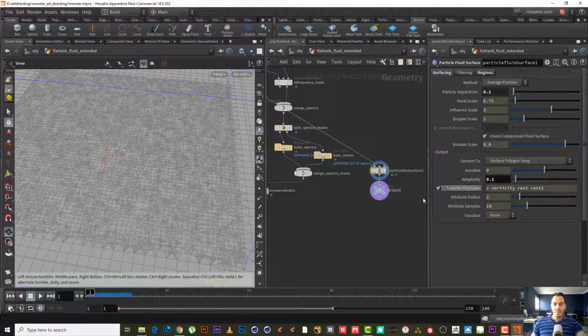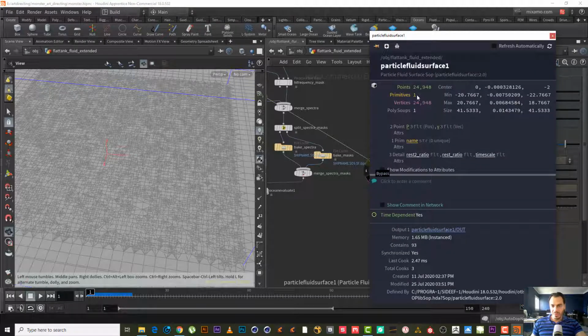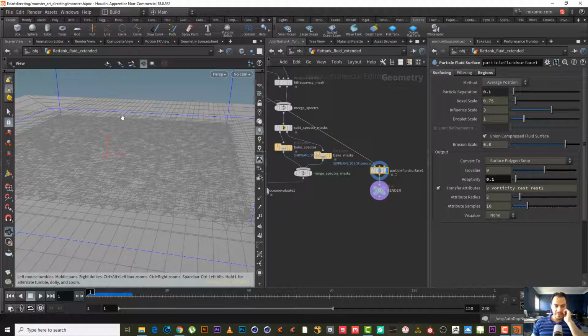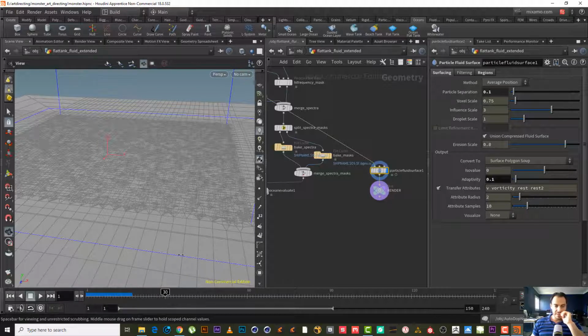We can make some comparison to see the difference. Here it didn't reduce the point much, but later when there will be a simulation like in frame 30 or something, we will find the difference, because we will have lots and lots of details, so it can reduce the details a little bit, or reduce at least the points, but the quality will remain almost the same. So we're not going to feel that we reduced the quality. Okay,